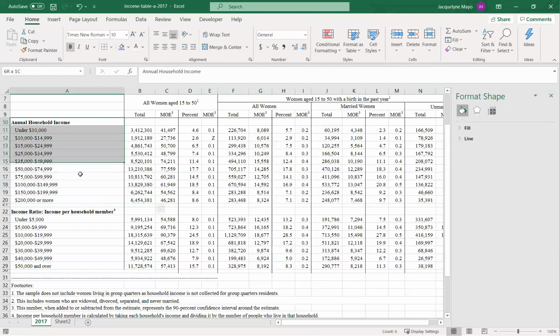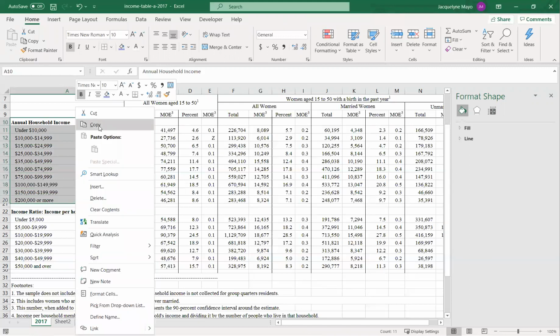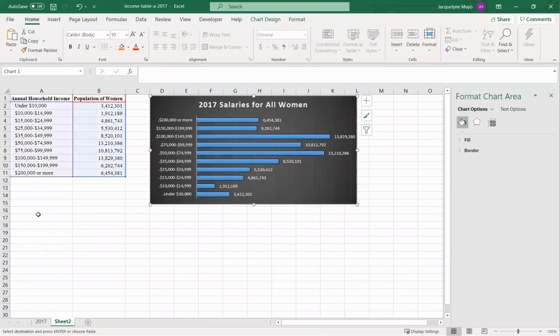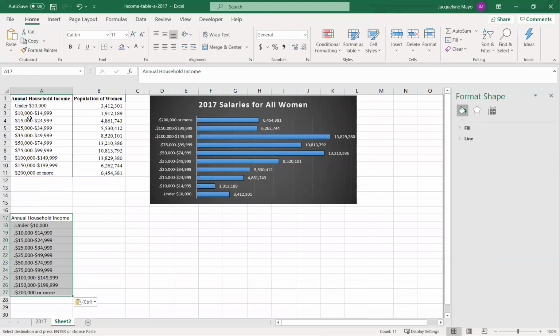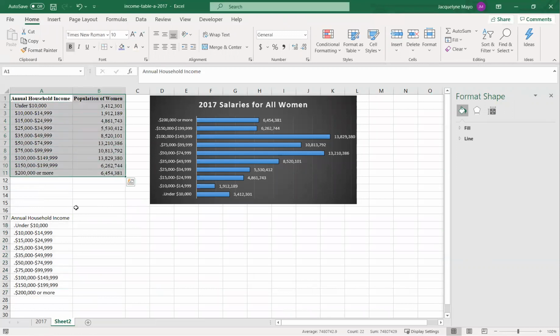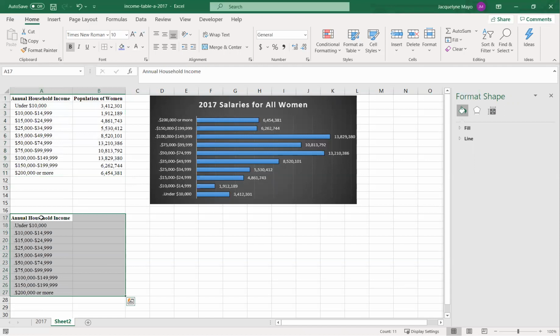So what I do is I take this and I highlight, I left click, highlight down, and then I right click, I copy. I go back to my sheet and I'll paste. I want the same format as up here. Let me clean this up a little bit. So what I do is I highlight this and I go to Format Painter and I click in where it says household income,